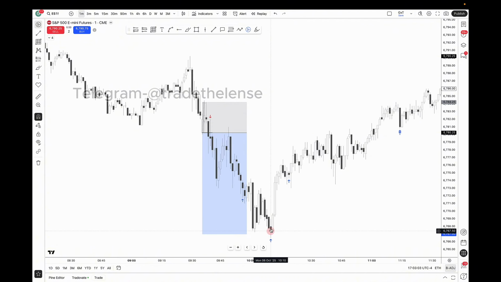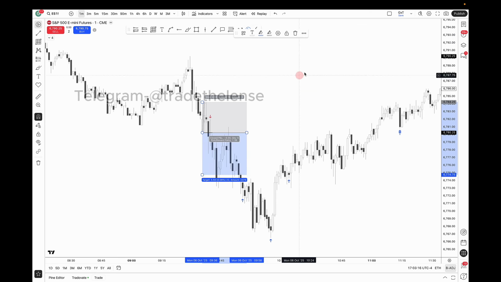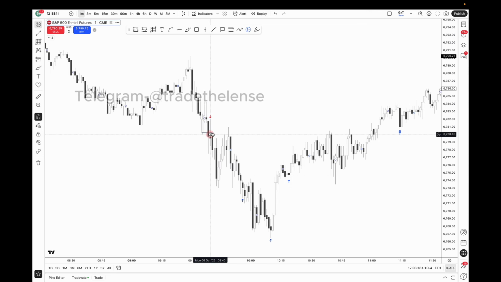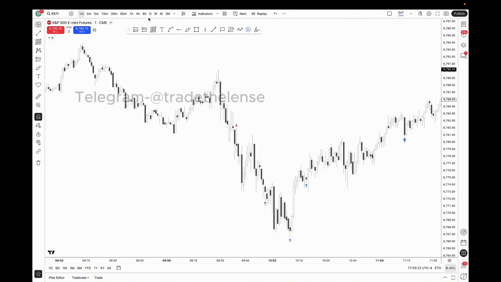And then when we got this strength switch, this displacement back in the range, which is strength switch in Q, that's when I decided to close my position for around 1.3R or something in profit, right? So good trade there, right? Really good trade. And now we're going to get into my second trade of the day.